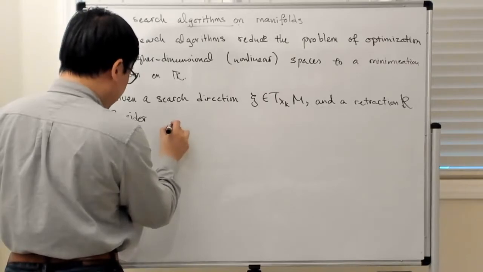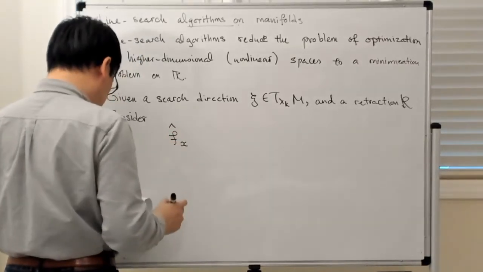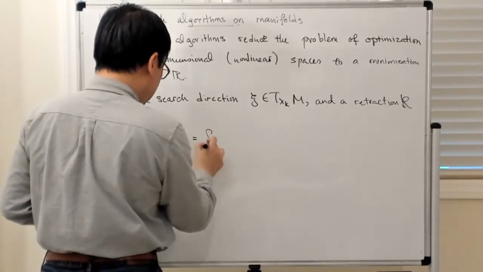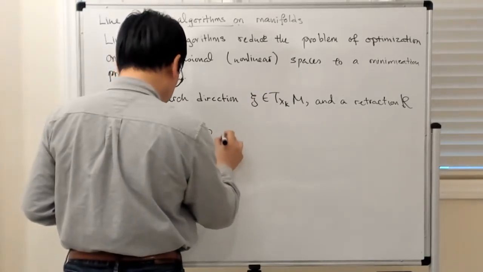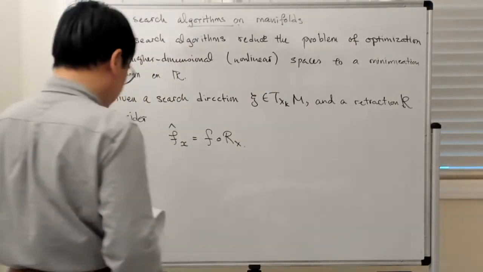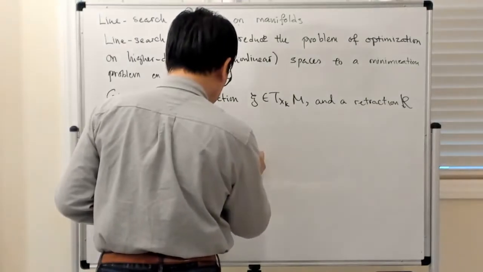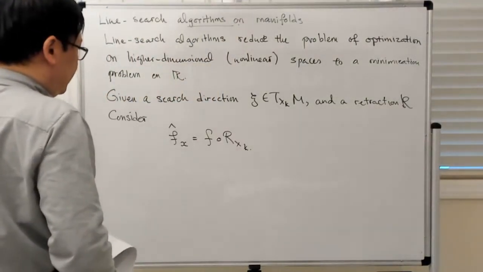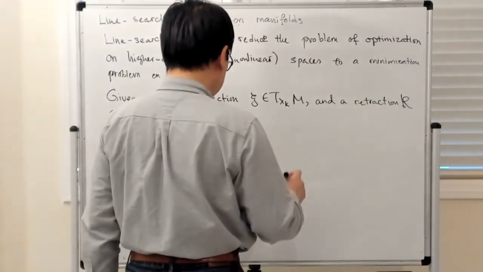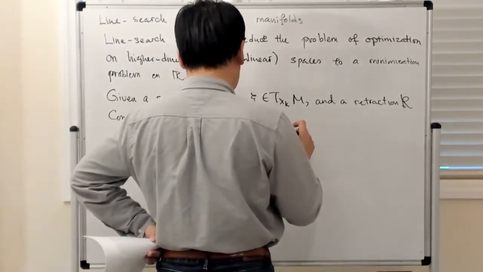So I can consider f hat, which is just the composition of f with the retraction. Let's just put it at k. Right, so what's happening here? So the retraction is